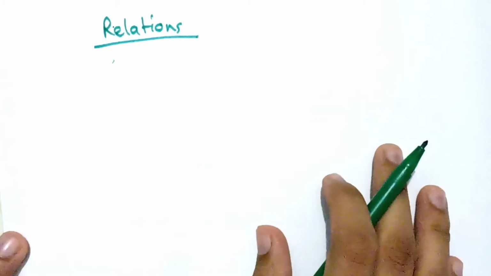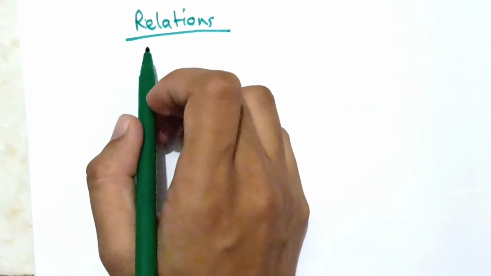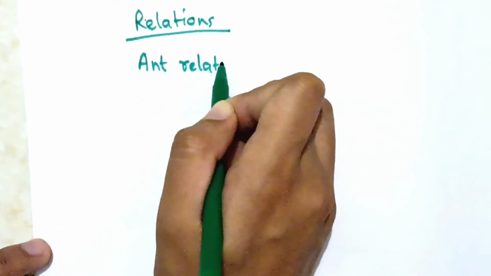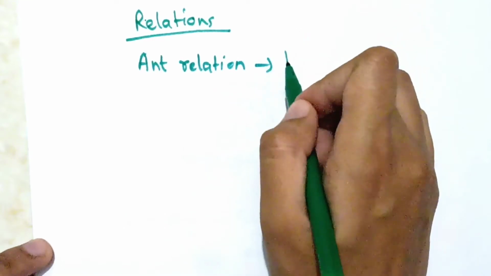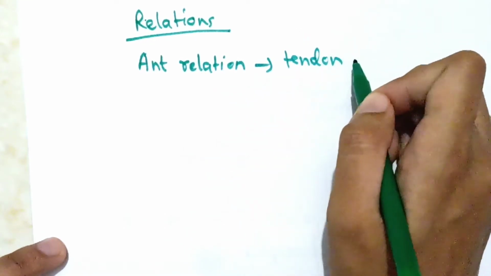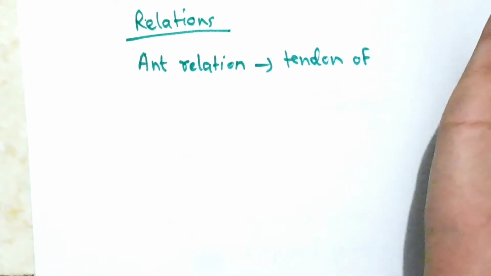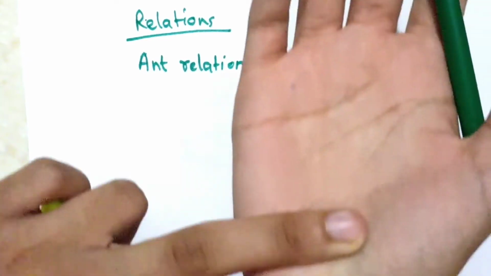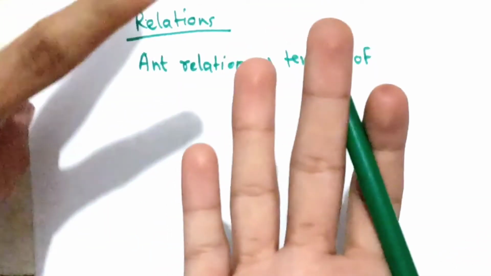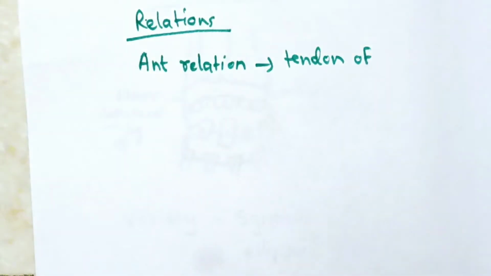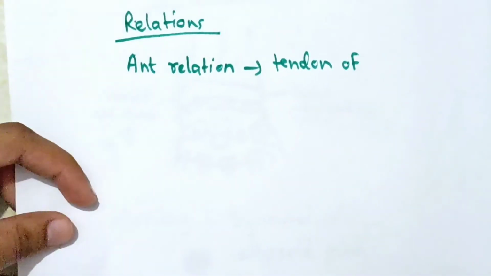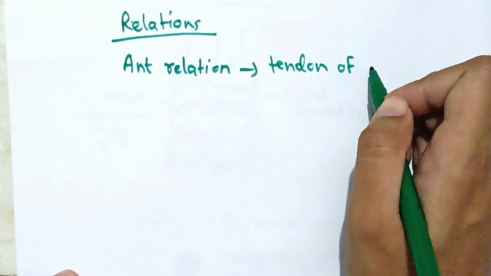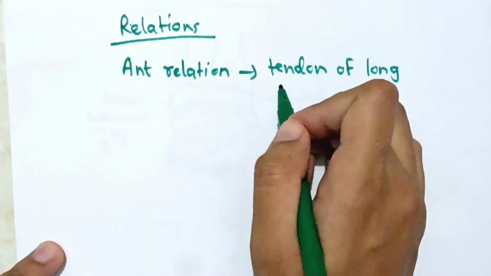The relations are very easy and mainly we have anterior and posterior relation. So in the anterior relation we have the tendon of flexor muscles. Okay, the flexor muscles are originating from the common flexor origin. Some of these are so long that they are passing all through your palm and fingers, also up to the tip of your fingers. So the tendons of those long flexor muscles are in the anterior relation of wrist joint. Okay, so the tendon of long flexor muscles